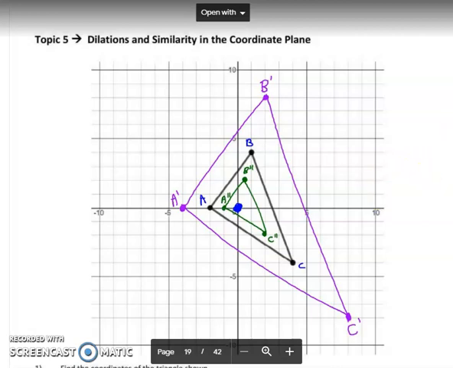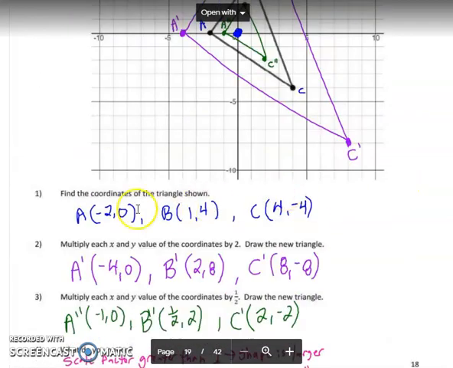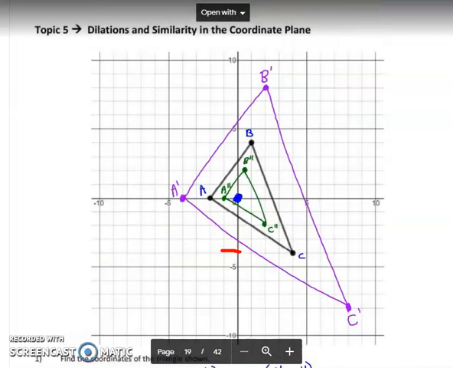So if we look at this example, you'll see that there are several different triangles sketched on there. What we started with were the blue coordinates. And then our first objective, it said down here, was to multiply those coordinates by 2. So essentially double it, and then see what that looks like. If we take a look, here's a starting point, here's a starting point, here's a starting point. So if we wanted to double that, and here was the center, this is 1, 2 units to the left. So if I double it, I'd have to go another 1, 2 units to the left, which puts me here